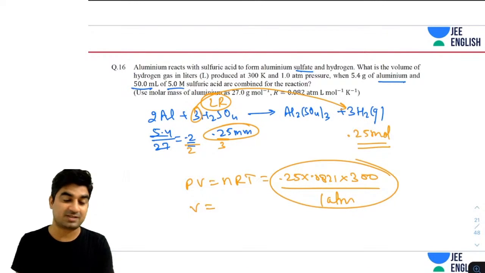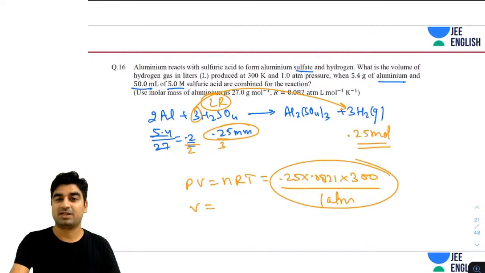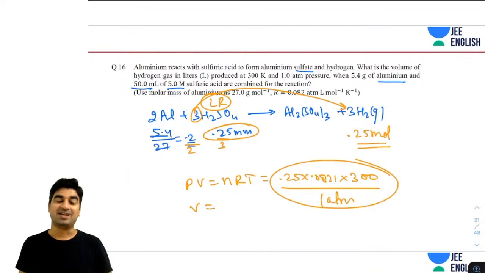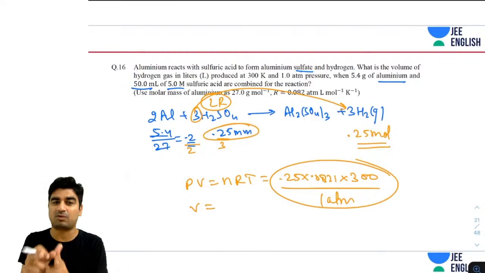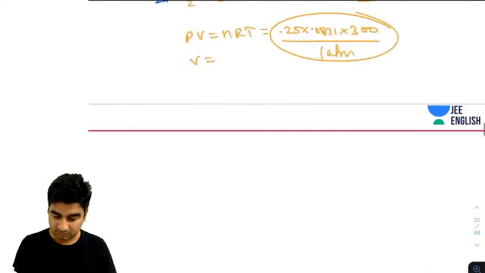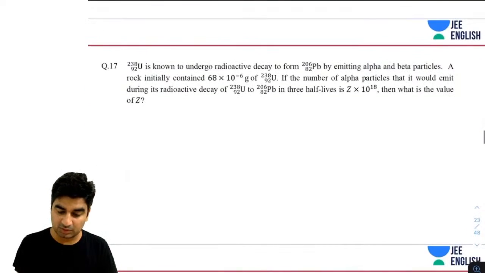So paper is not easy, guys. Paper is really tough. They are checking your conceptual knowledge and concepts of not just a single topic. Like in this case, you can see you should have command over stoichiometry, and then the problem was easy. This problem was easy. So guys, now I'm moving on to the next problem.